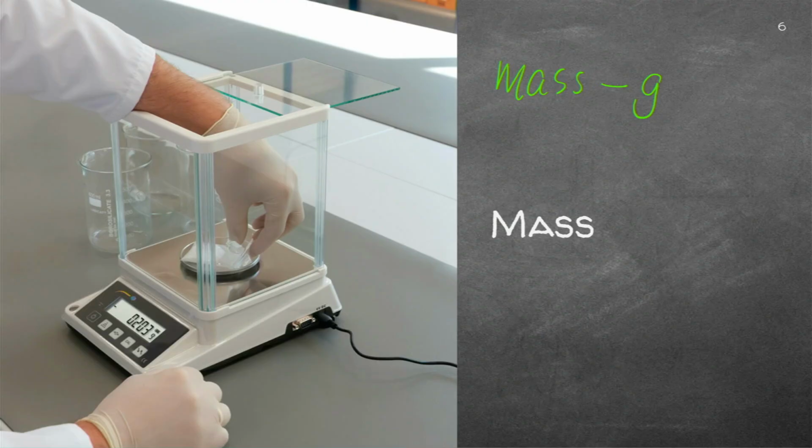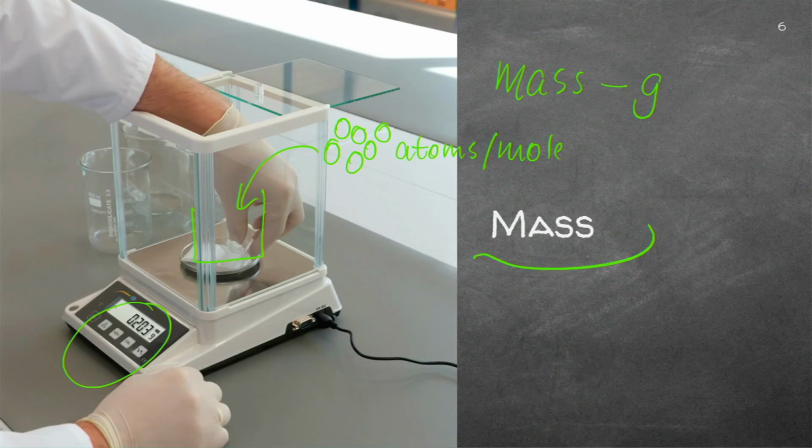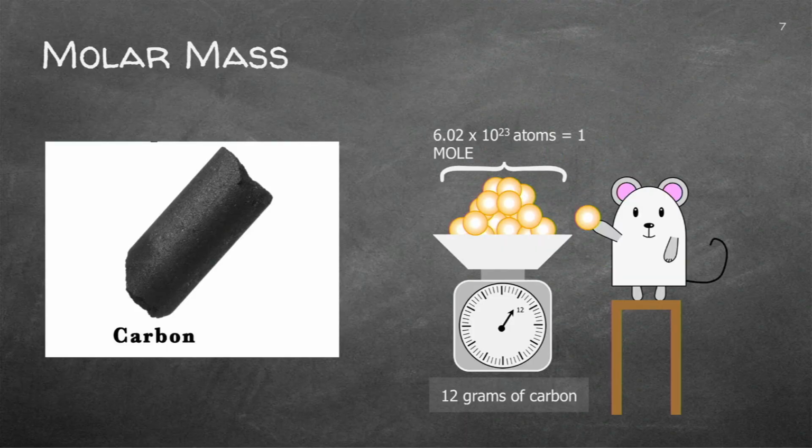So you will have a little beaker there, and you will throw in a substance, and these might be atoms, or they might even be molecules, and you'll see there on your digital scale a reading, and that will give you the mass of the number of atoms or molecules that you actually put into that beaker. Where does it come from? Well, it is the work of Avogadro. That's a number that you'll know.